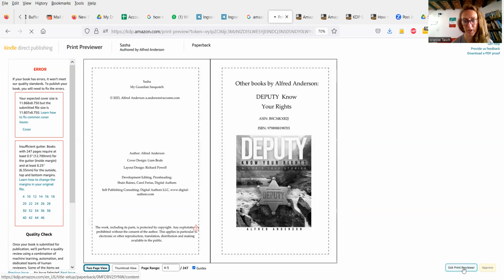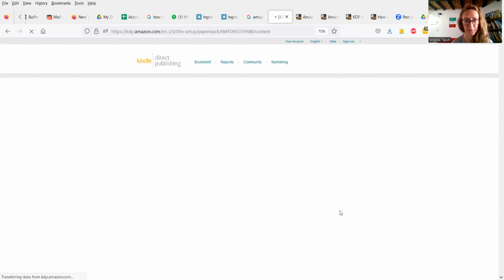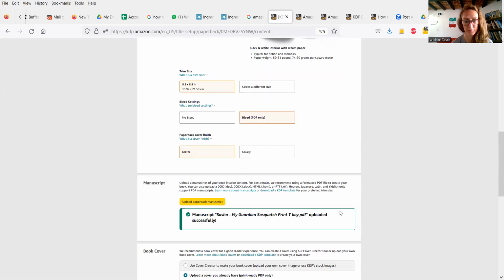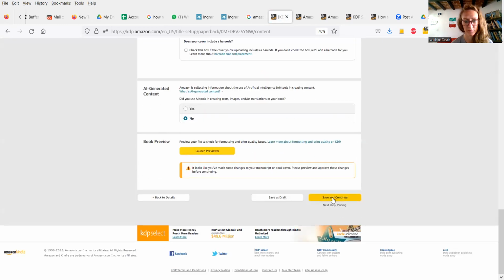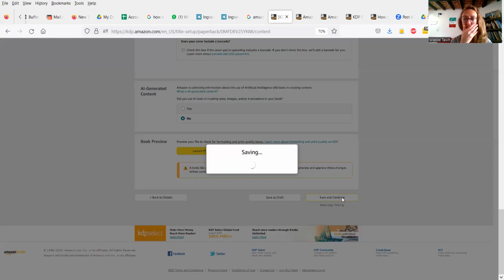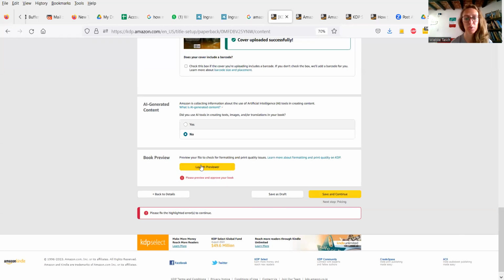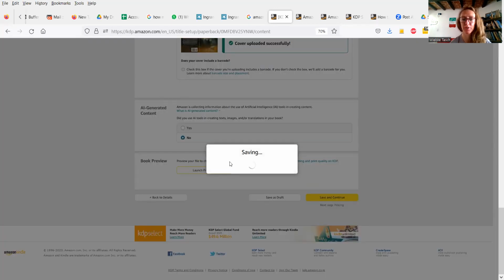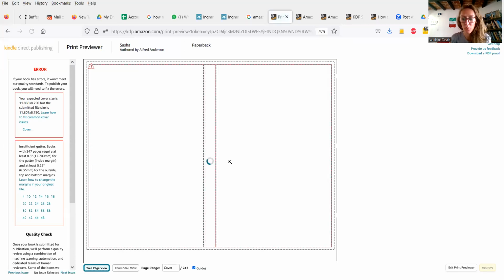So we exit for now, because we have to upload, in this case it doesn't matter. We have to do the manuscript again because there's a change. So usually what you do, you click on the preview, and then if you see what I just showed you, that everything is good, then you accept it, and then we move forward. And what is also important, when you do the upload,